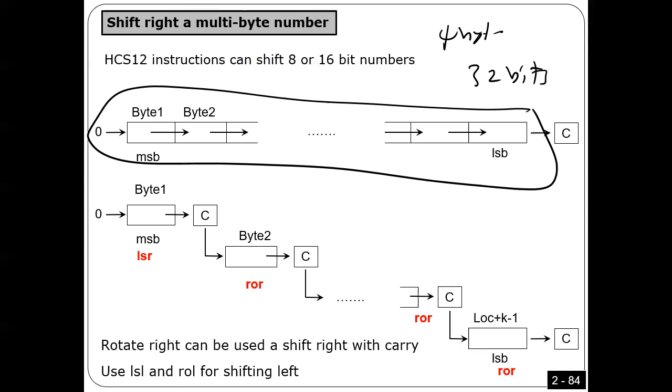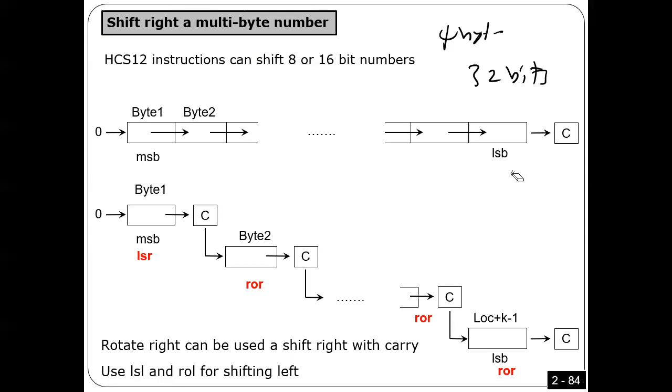But how? Because this is what shift is. What shift is, I have to shift in a 0, and every bit should be shifted by 1. And the last bit has to go to the right. This is the meaning of the shift, right? So how can you do it? Okay, I'm gonna tell you how I can do it. Number 1, the way I can do it is,